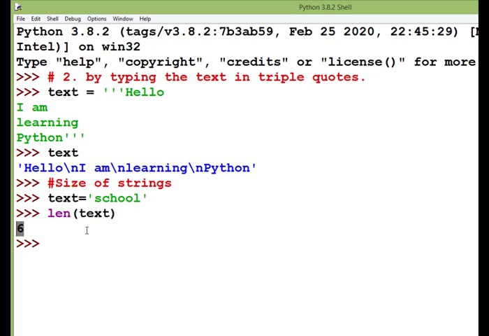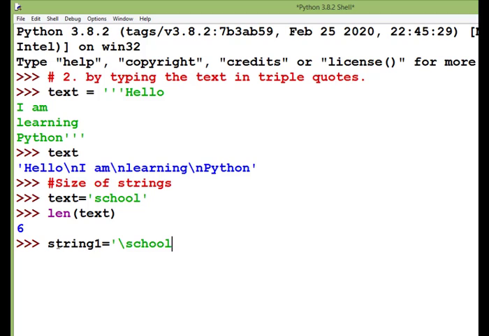And if I write, now I'm going to use a different variable. String 1 is equal to, let's say, backslash, and I'm writing school.